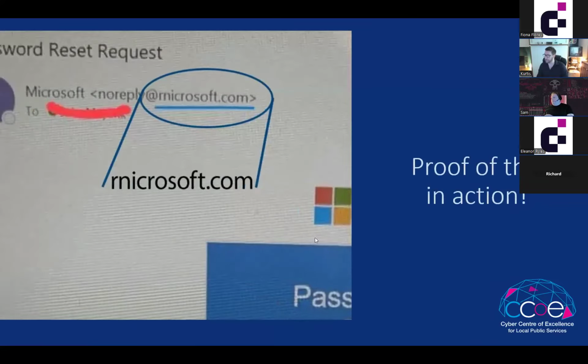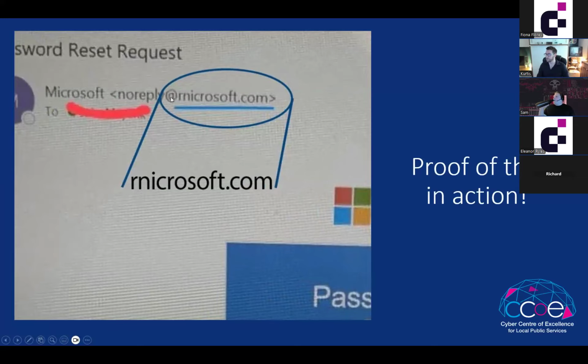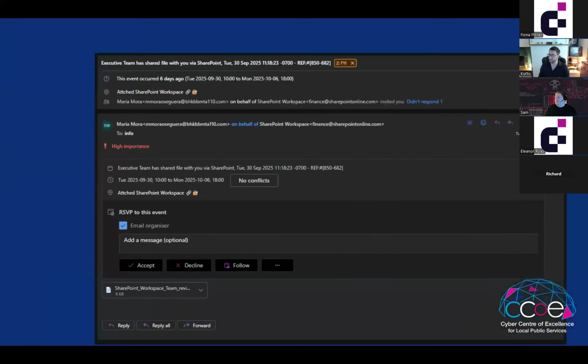An example that I had fairly recently was this one from Microsoft telling me to reset my password. I am the IT person for my company, so it was unlikely to be coming from me, but it was actually RN Microsoft and not an M. So the only difference there is just that tiny gap between the R and the N, which was in the area. So just some proof of it in action, to tell you exactly the type of thing that comes in from it.